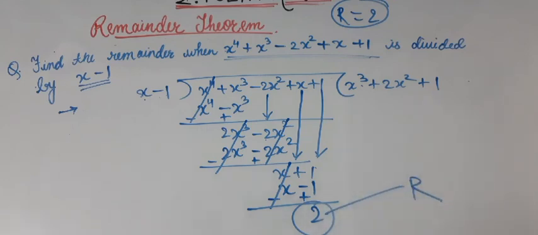You got remainder 2 and using the remainder theorem also we got remainder 2. So it is easy, no, using the remainder theorem instead of doing the long division. But still you should know both methods because both may be asked in the exam. If it is not mentioned which method to use to find the remainder, then you can use either method. But when it is asked to use a particular method, then you have to use that method only. Okay. So let us take one more example for the remainder theorem and then we will stop.